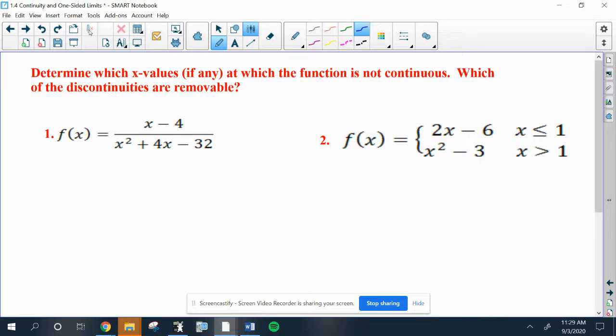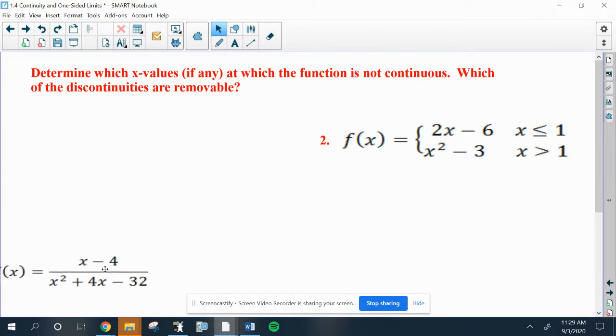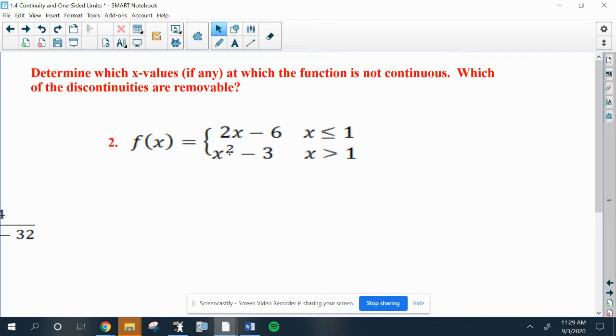So how are we going to deal with everybody's favorite piecewise functions? Well, that's where this gets interesting. Piecewise functions are liable to have a jump discontinuity because if you remember how you get a piecewise function,